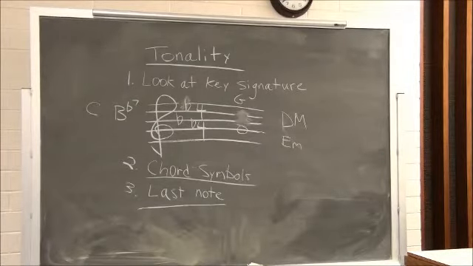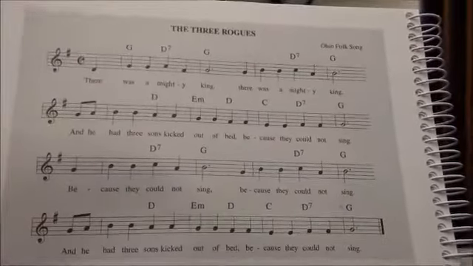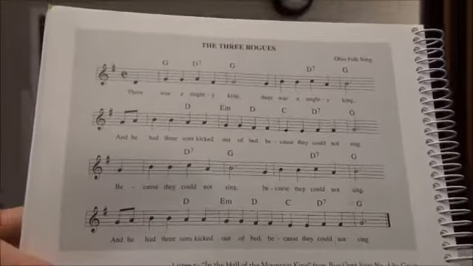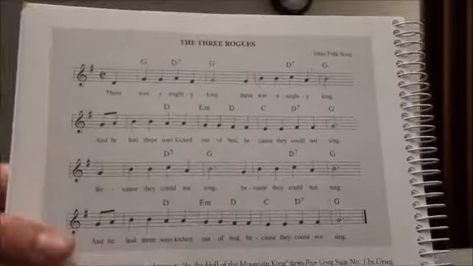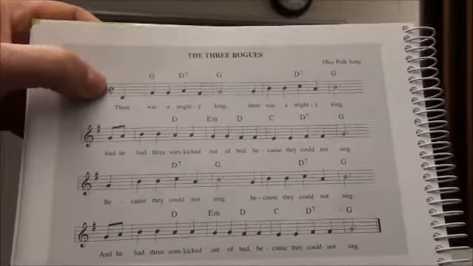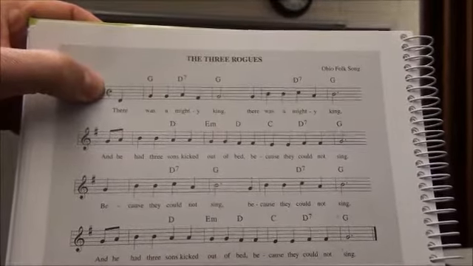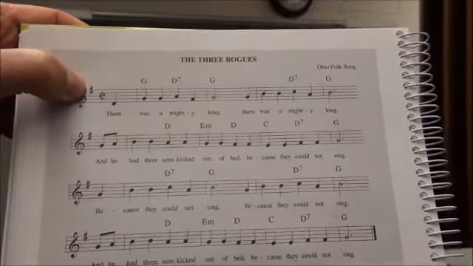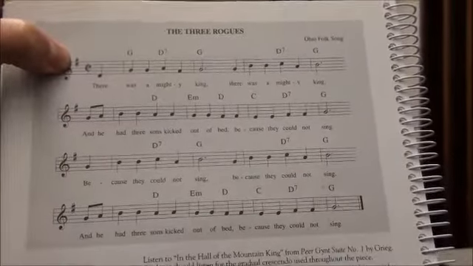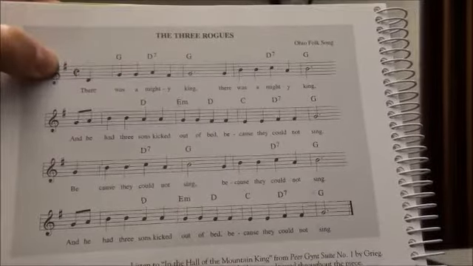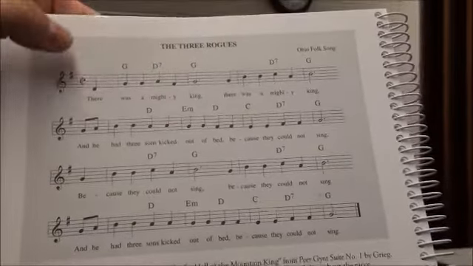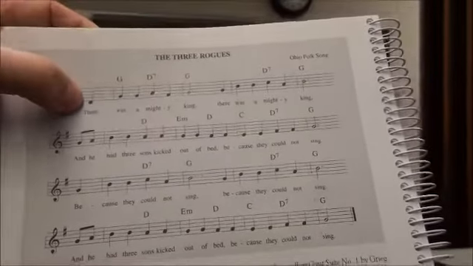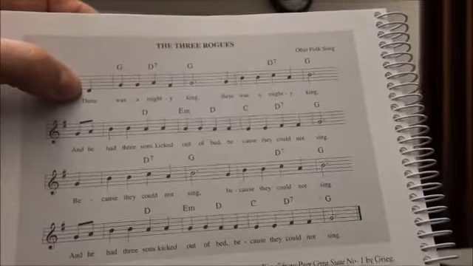See if we can find one with some guitar chords. See if I can get this out here so you can see everything. Alright, so the Three Rogues, clef, here's an example of a time signature that's not numbers, but in between we have our key signature, and we have one sharp in our key signature, so that would be G major most likely. So let's look at our first chord, and you'll notice that the first chord does not land on the first note. So there's a pickup